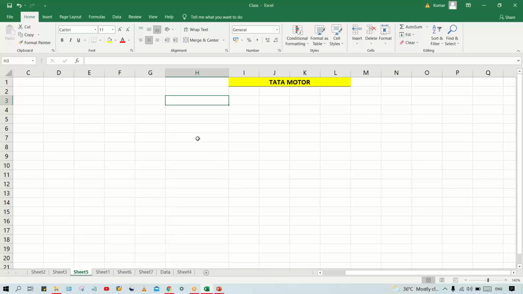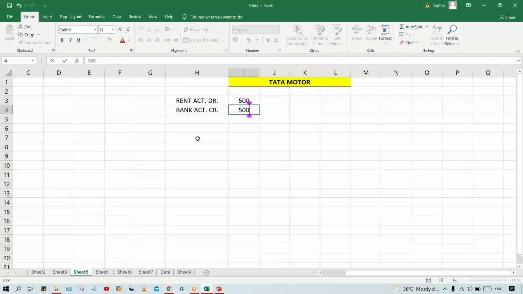Okay, so we'll talk about a transaction first, right? Let's suppose a rent related transaction has taken place. So the rent account is going to be debited worth a particular amount, and again, the bank account is going to be credited. This is how it is going to be recorded,